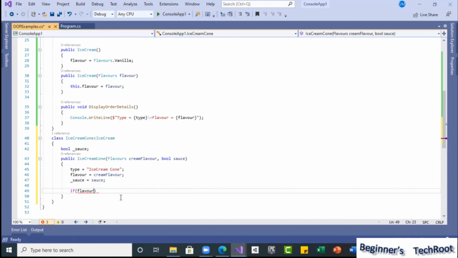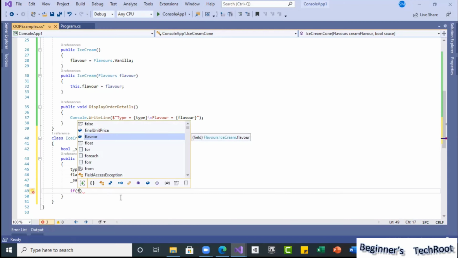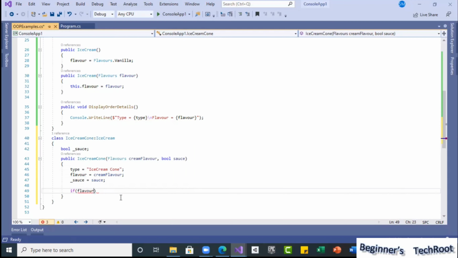For example, the flavor, whatever flavor the user entered, I can use as a parameter, or I can use this one. If we see now, both will be flavor equal to, for example, how can we compare now. I want to compare, as we have various flavors allowed.